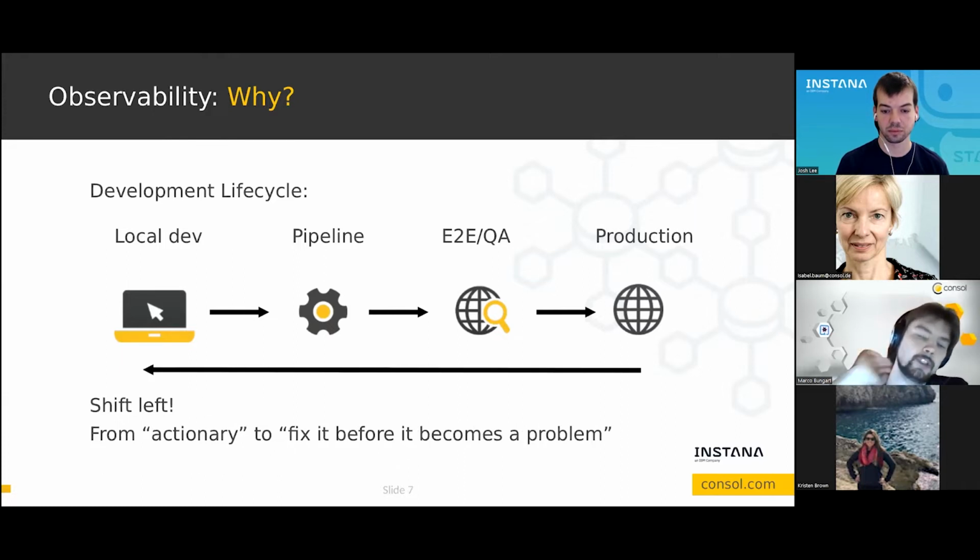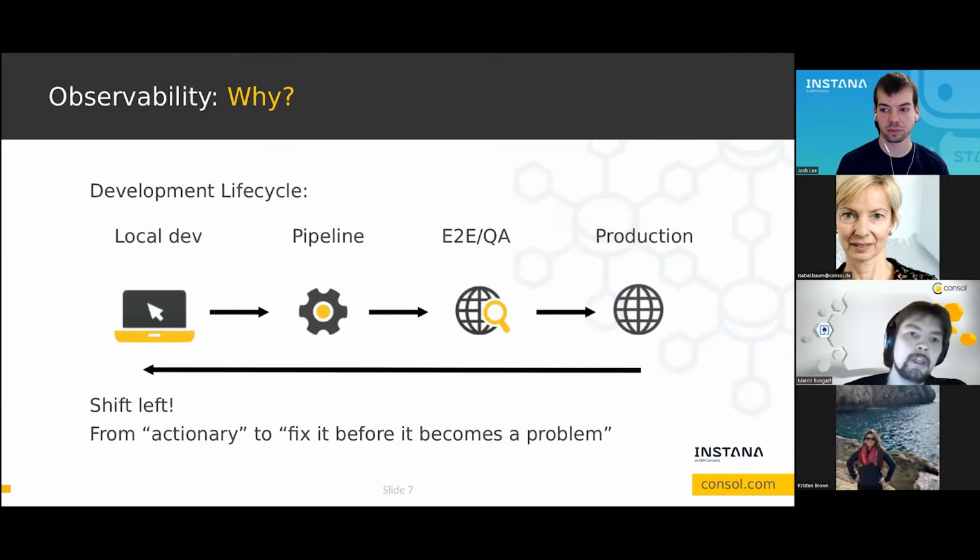Another key feature we want to introduce is that when we shift observability left, closer to the dev environment, we can get to a point where we don't act reactionary, but we can fix the problem before it actually becomes a problem. If we are able to observe the behavior and misbehavior of our application, for example in QA or even on our local dev machines, we can fix it before it goes into production. And that is the actual goal. Because remember, if we want to go fast, we have to go well. And this is one part of going well.